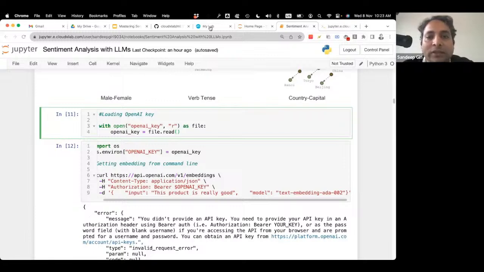It says that we could not parse the JSON body of your request. This likely